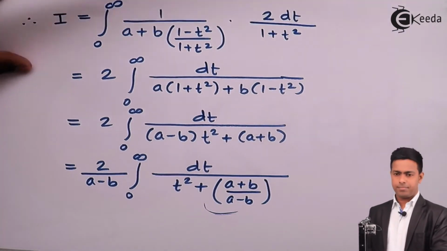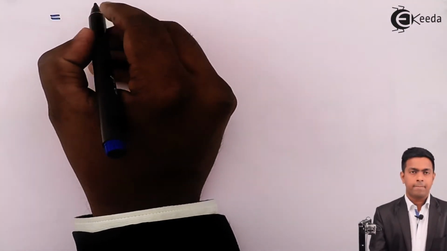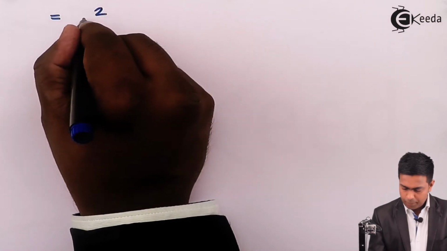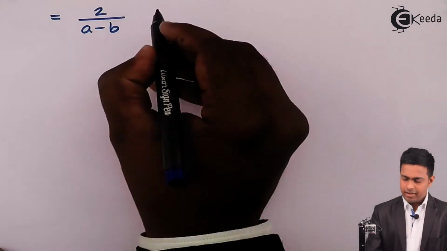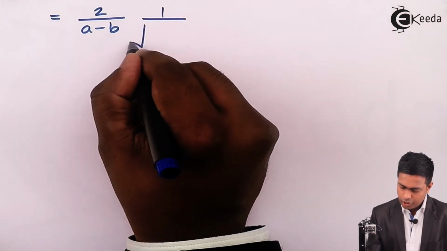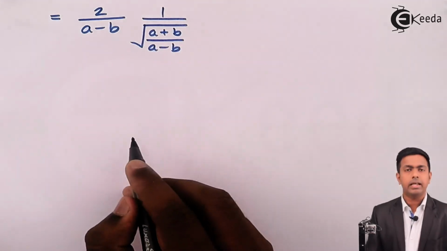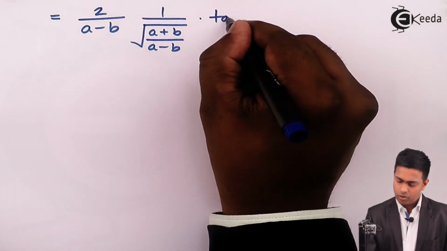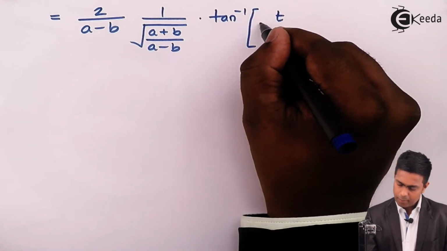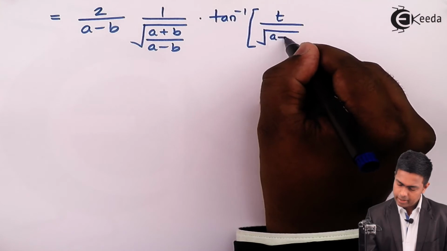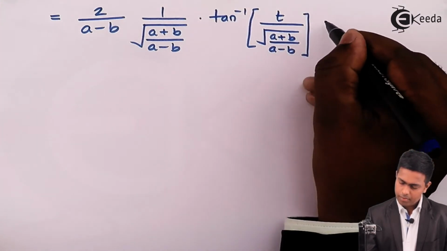So this will become equal to 2 upon a minus b as it is, then 1 upon the square root of a plus b upon a minus b, into tan inverse of t upon the square root of a plus b upon a minus b,